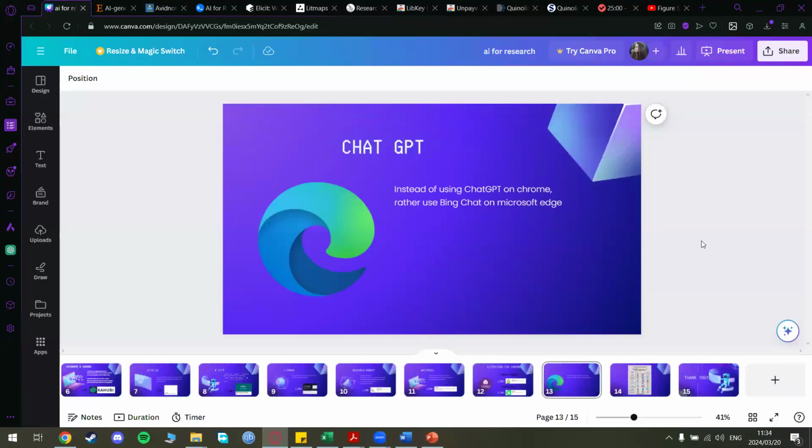And then just for interest's sake, if you ever use ChatGPT, I have an extension for it here at the side as well.